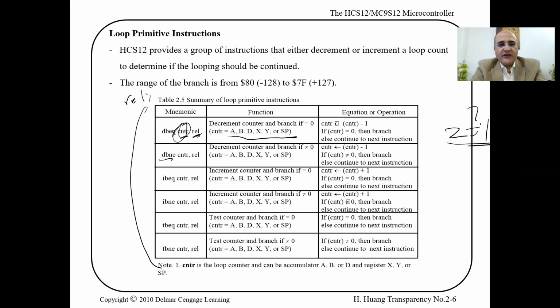Decrement and branch if not equal, the opposite. If the zero flag is not 0, if not 1. Increment and branch if equal. Increment and branch not equal. Test